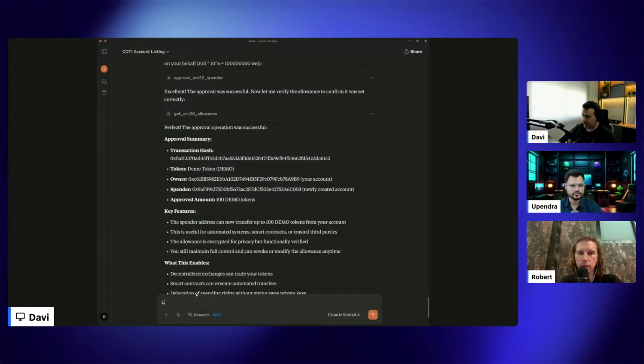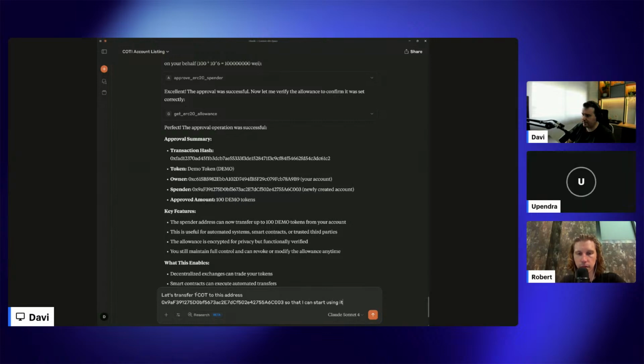So yeah, let's transfer one COTI to this address here so that I can start using it.